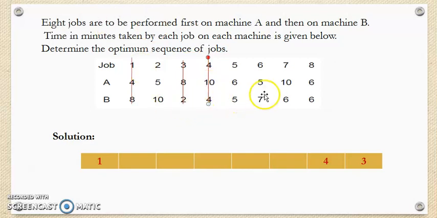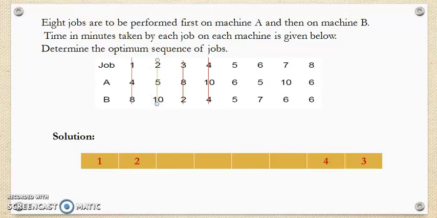Now if you look at the minimum processing time in the remaining jobs, there is a tie condition, 5, 5 and 5. We have to make the decision randomly here. Now I take this 5. So this 5 is the minimum processing time on machine A for job 2. So this is lying on the first machine A. Therefore I will sequence this job first in the sequence. So I write here job number 2, and I will eliminate it from further considerations.